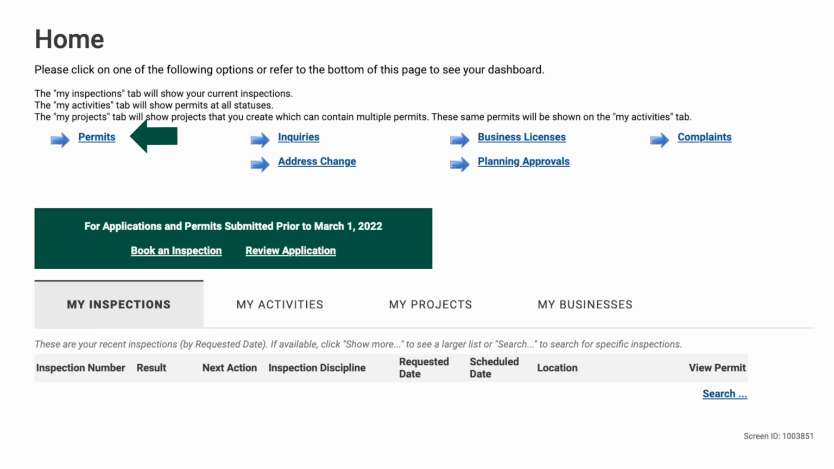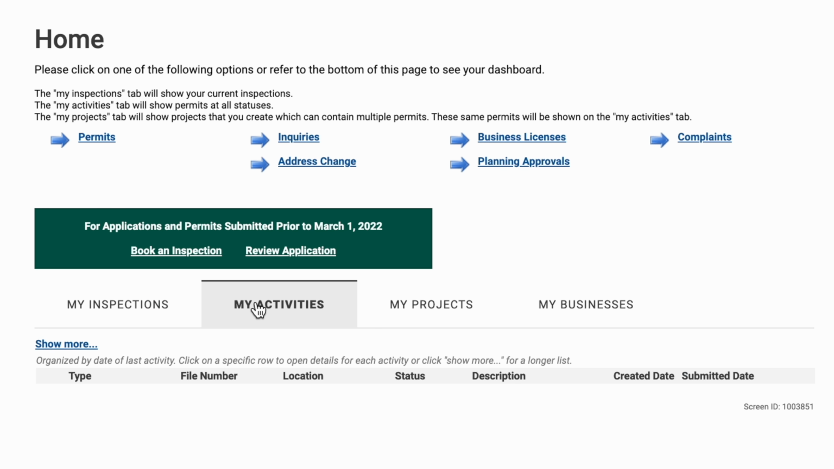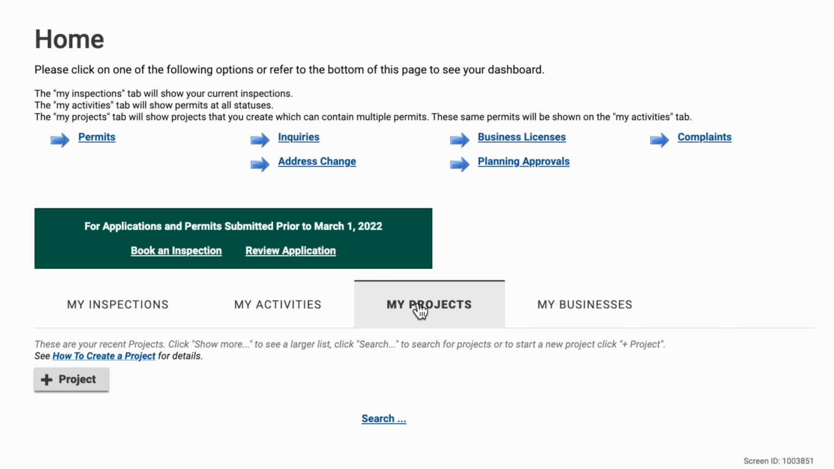The Permits link is where you will go when you want to apply for a new permit. The My Inspections section will show you all the inspections that you have currently booked. The My Activities section is where all the applications you have applied for are located. This includes permits that are incomplete, known as drafts. The My Projects section is a helpful tool for you to group multiple permits pertaining to one project in one